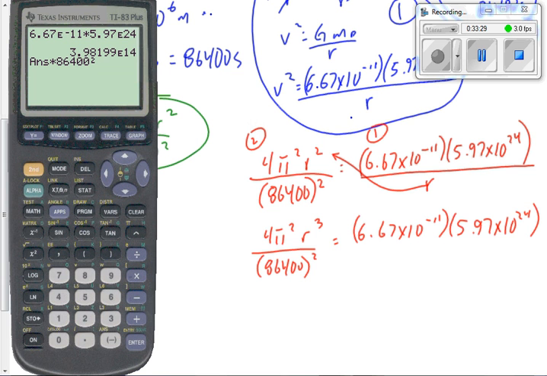Let's divide that by 4 pi squared. We'll use some brackets here: 4 times pi squared. R cubed is equal to 7.5295